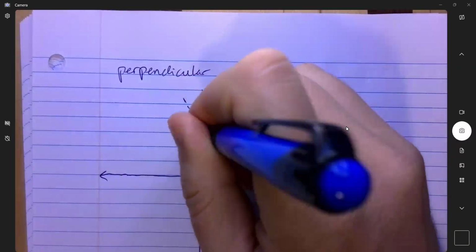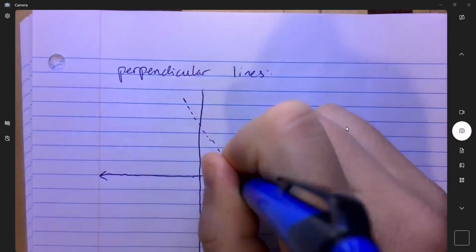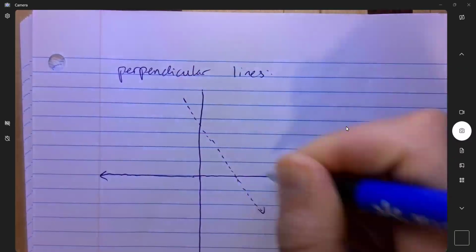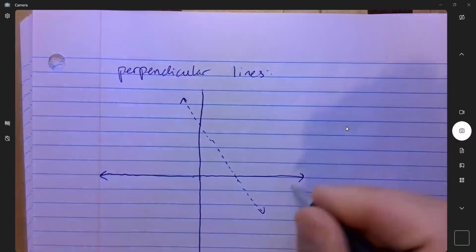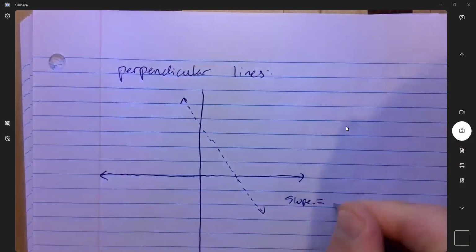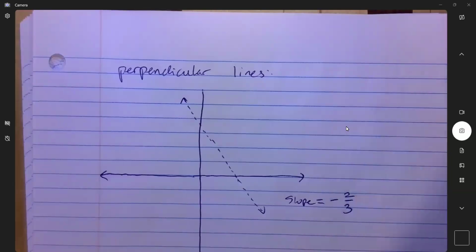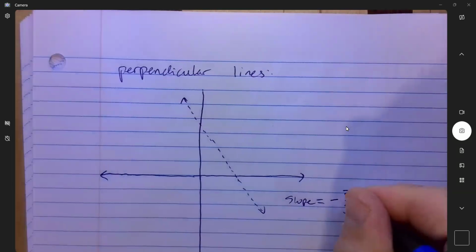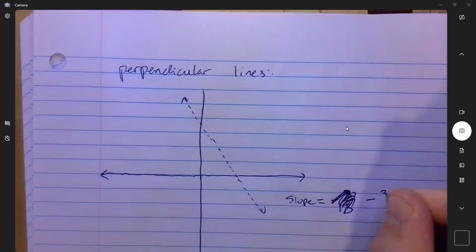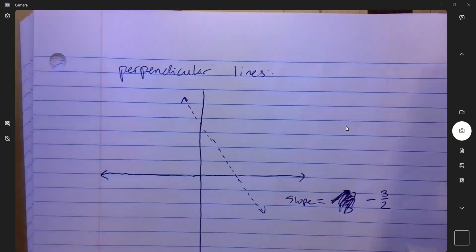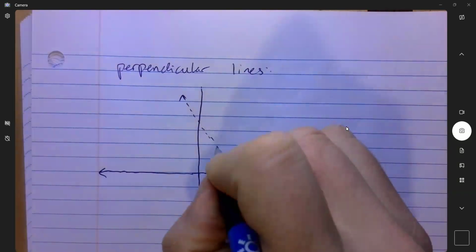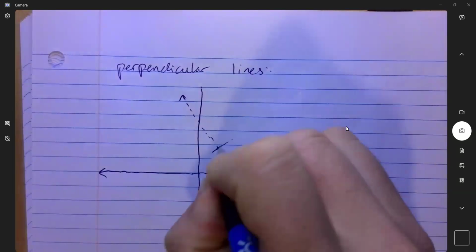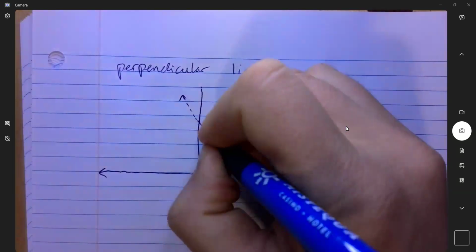Let's look at this line here. I'm going to tell you that this line has a slope equal to -2/3. Now, let's do -3/2. This line has a slope that equals -3/2. Now, if I take a line that's perfectly perpendicular,